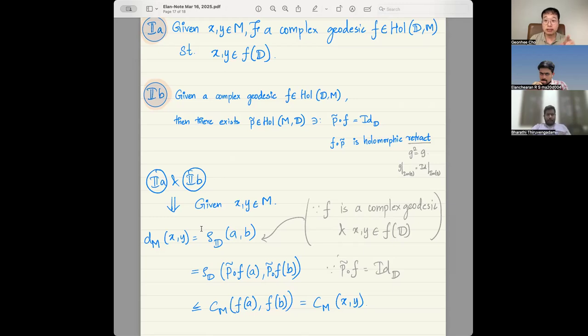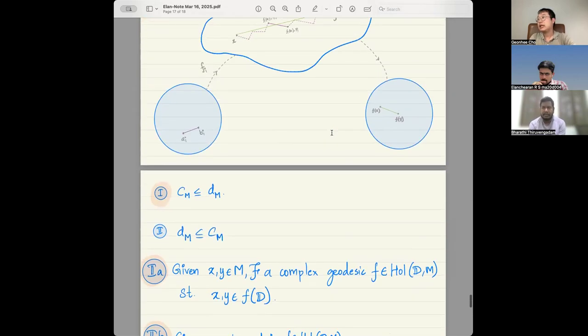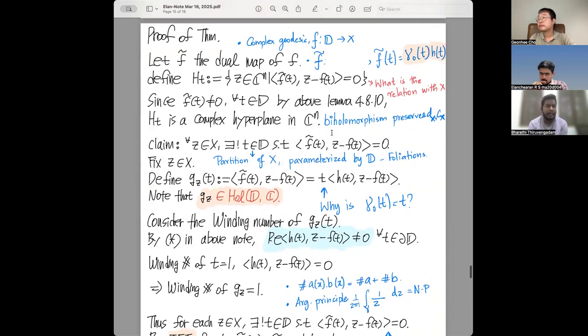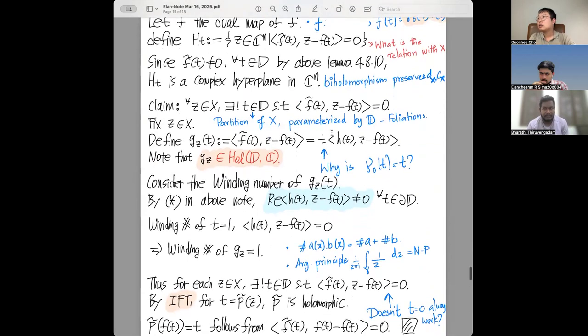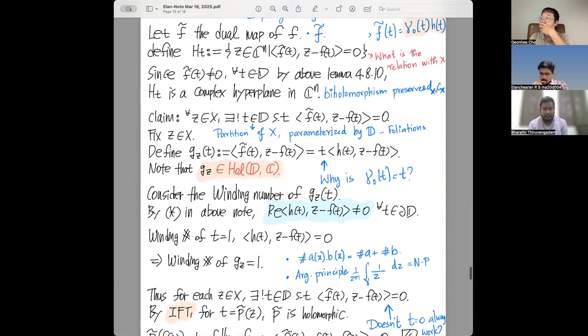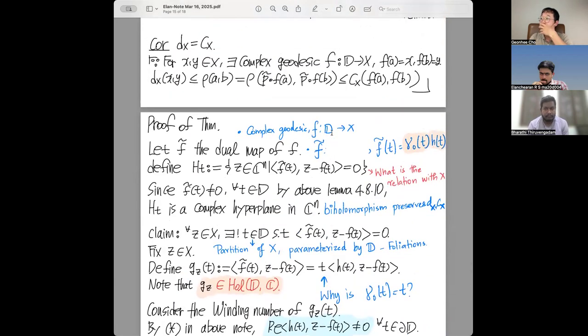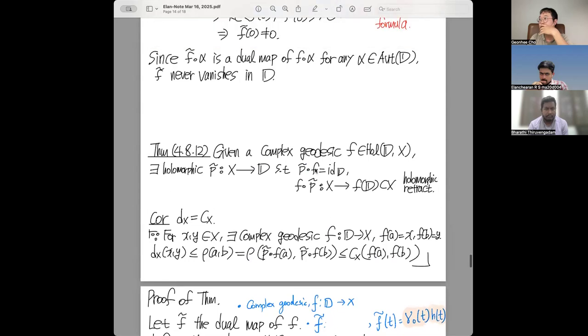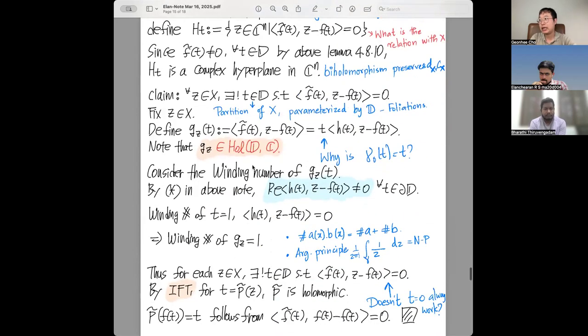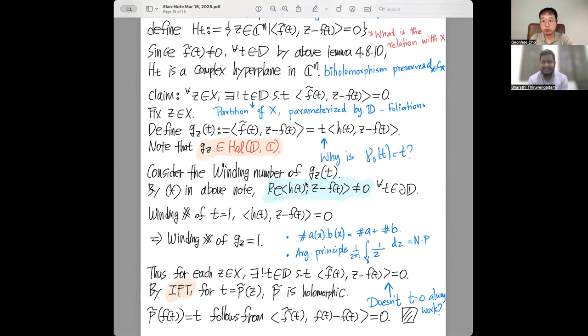Yeah, I have a question. The part, the second B here: given a complex geodesic, there exists a lift, right? So here the convexity is necessary. But actually, we have used convexity in the analytic version of this argument, duality, and all those things. I understand your question. In order to establish this P tilde in this proof, where did we use the convexity? Yeah, exactly.